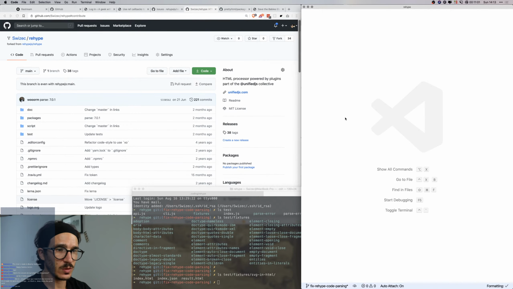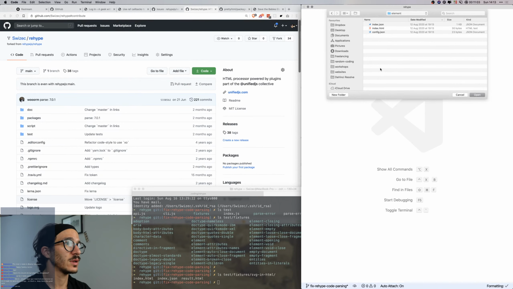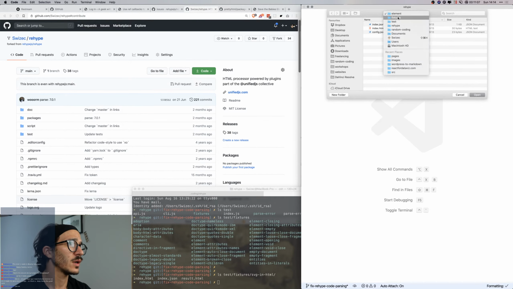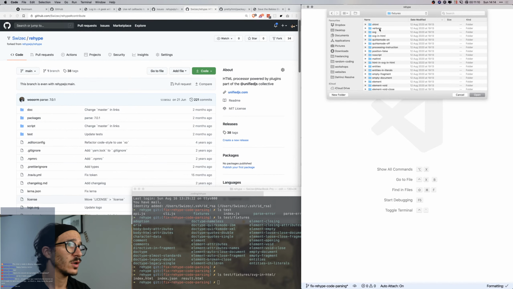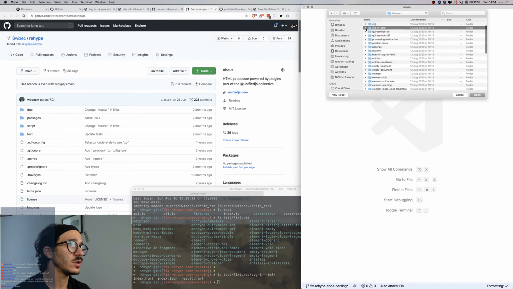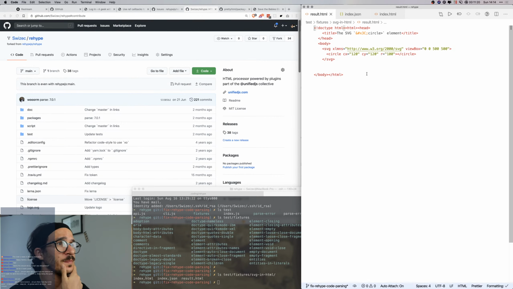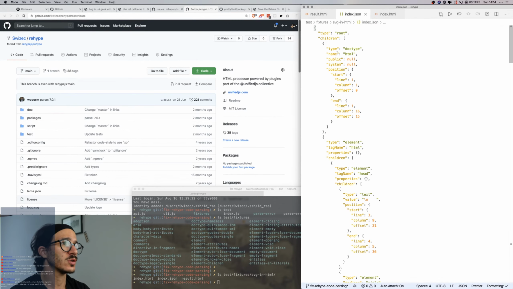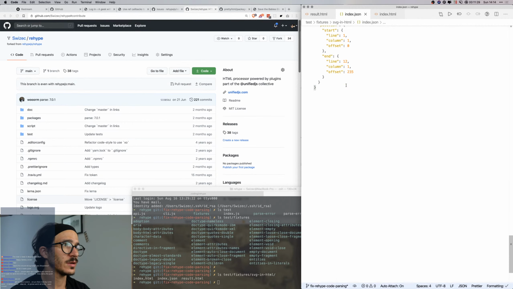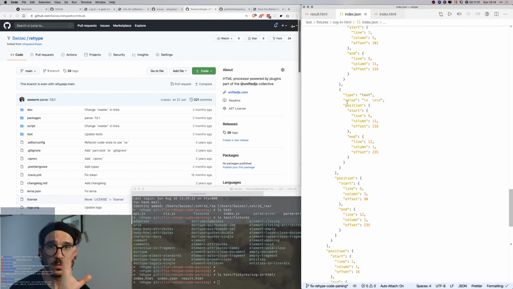So we're going to take Command O, look at the fixtures for SVG in HTML. We look at the result HTML, index JSON, and index HTML. So this is what we've got. Index JSON is what we want to get parsed.